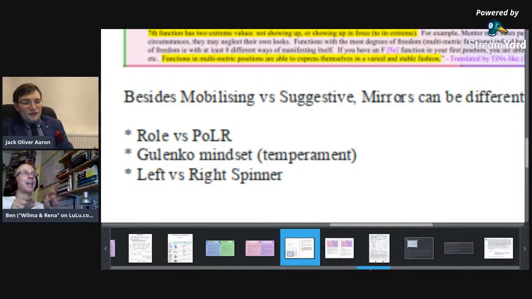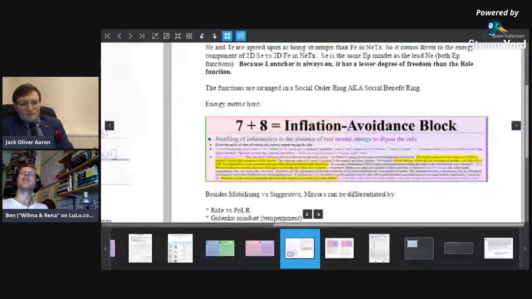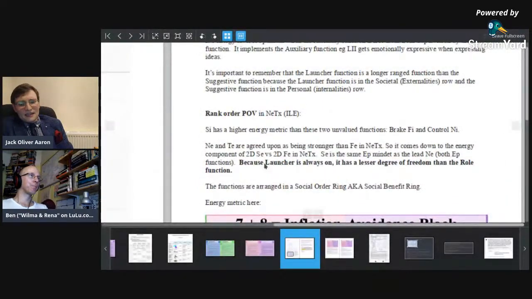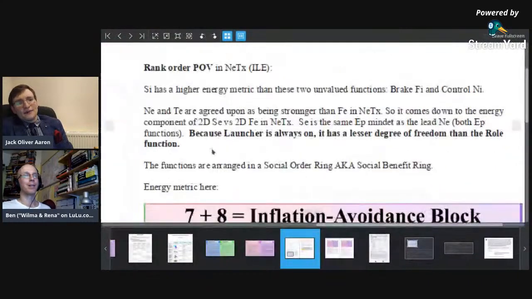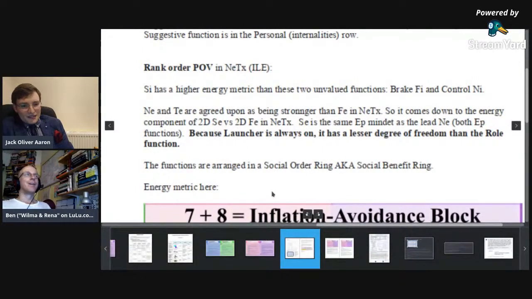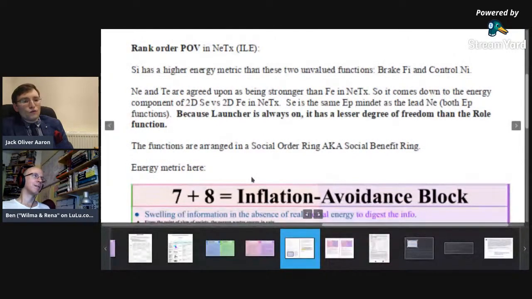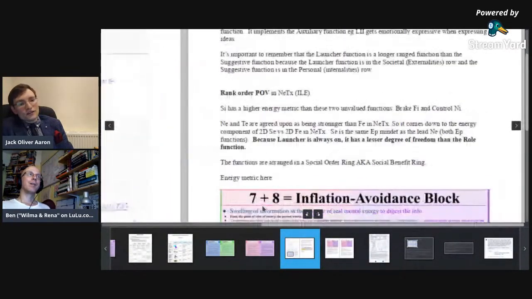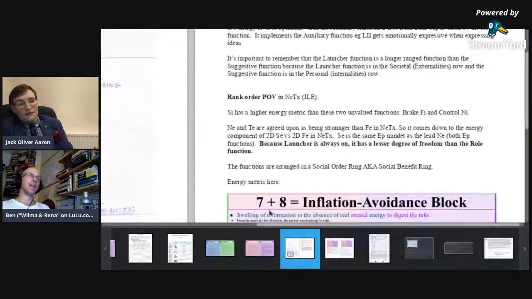No, I'm just saying that if that's predicated on you being right about the launcher and the suggestive, but you're not right on that though. I mean, you can easily point to examples. This is a conditional counter. This one here, right? So it's not actually necessary. Okay. Right. Well, I mean, you haven't convinced me that these are better ways. Okay, I guess you can find other ways of telling part mirrors than the mobilizing and suggestive. But I think if you've deprived yourself of your best tool for it, then fair enough. Unless you're saying no, there are better tools than that. Fair enough. Well, no, I'm just saying even if, because you said